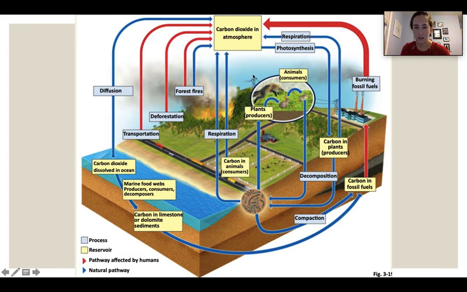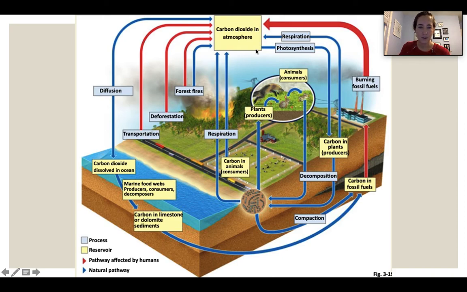So in addition to all of these natural processes that are contributing carbon dioxide to the atmosphere, we are contributing a very large amount, which is why that arrow is so much thicker, to our atmosphere by burning our fossil fuels. As far as the natural components go, we also have our carbon dioxide being fixed by